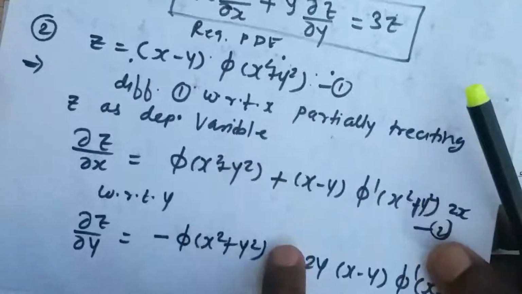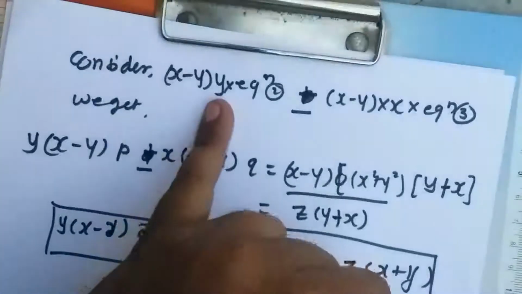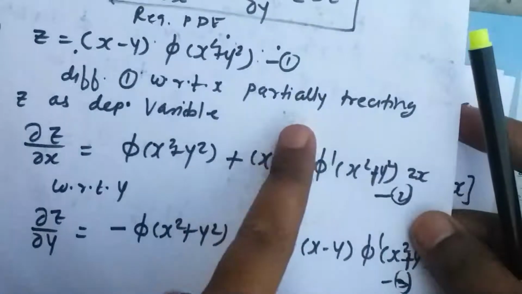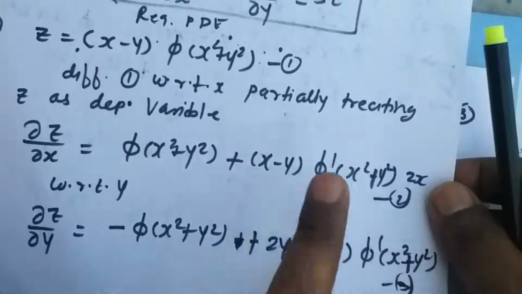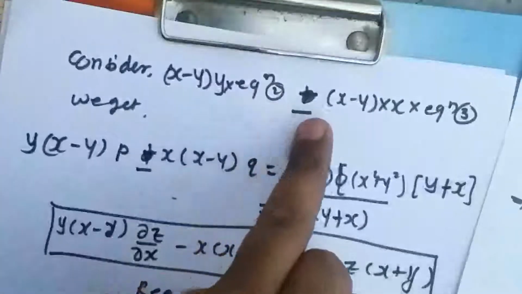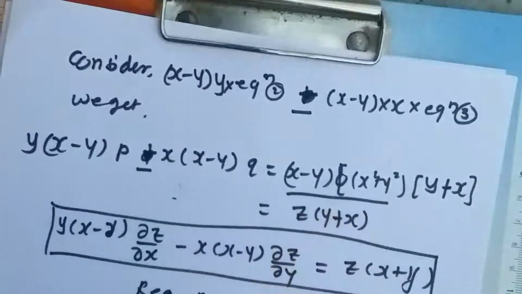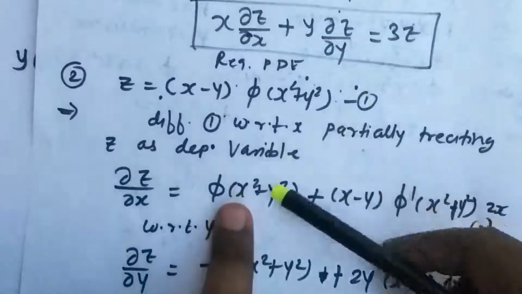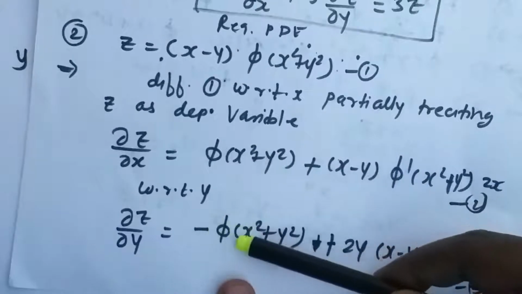On the right hand side we are having this. Now we are going to multiply this right hand side also by (x minus y) into y. So if you multiply by (x minus y) into y, here we'll get (x minus y) square 2xy, and here (x minus y) square 2xy. These two terms will become equal, and we are subtracting them, right? So after subtracting, the terms of phi dash will vanish, they will become 0. And here the first terms, we are multiplying this by (x minus y) into y, and this by (x minus y) into x.